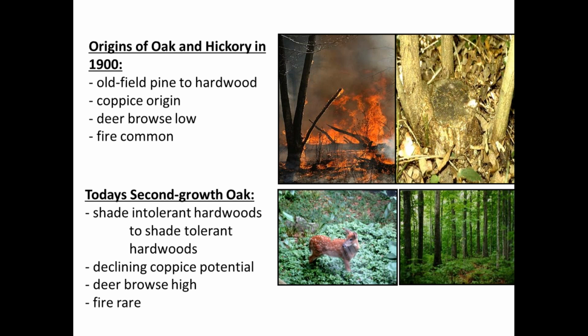That's how oak came back. It came back from old field pine beneath this history of pasture. It has a very strong ability to coppice. It is very prone to deer browse, but at that time, particularly during land abandonment in the 1850s, when people, particularly in southern New England, were moving off the landscape to work in the factories of the new industrializing southern New England region, particularly up and down the Connecticut River Valley,